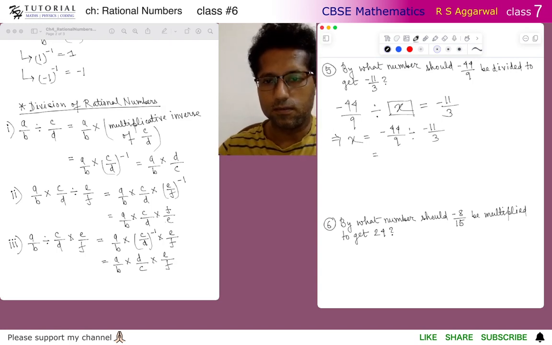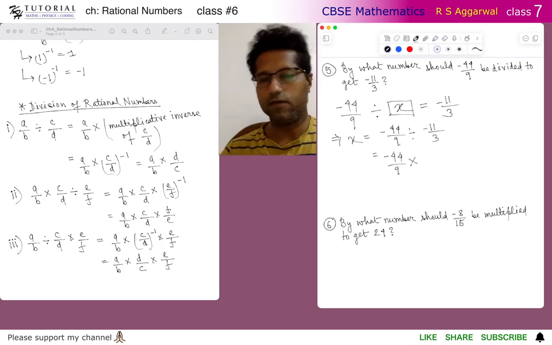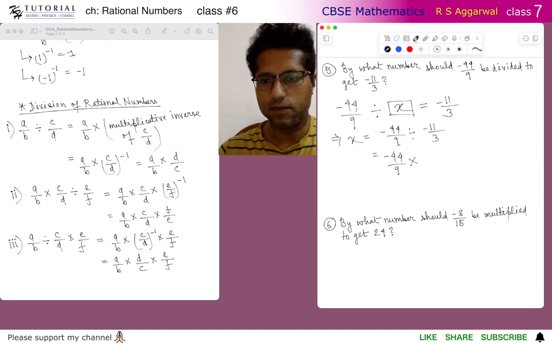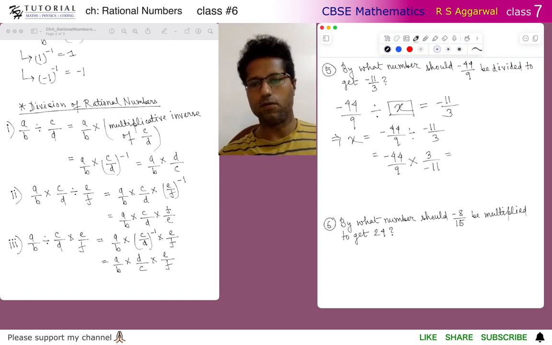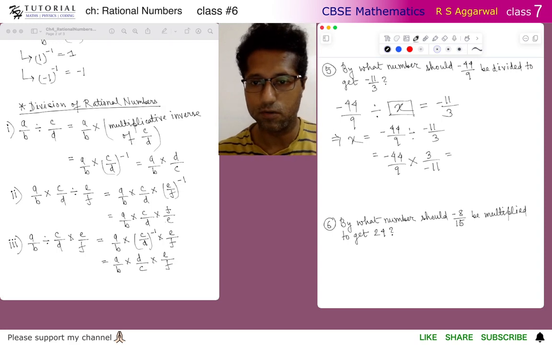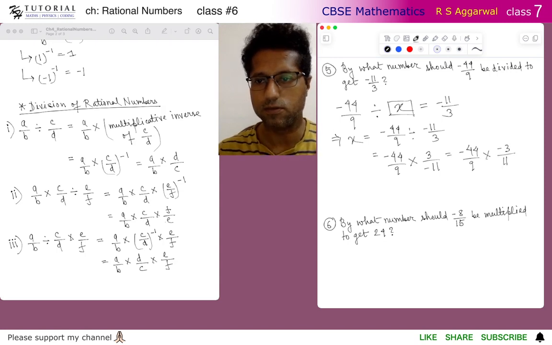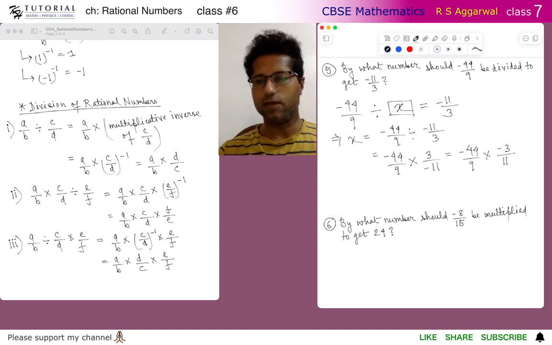So this is nothing but minus 44 by 9 multiplied by the multiplicative inverse of minus 11 by 3, that is 3 by minus 11. Now we have to convert the negative denominator to positive, and we get 44 by 9 multiplied by minus 3 by 11, and